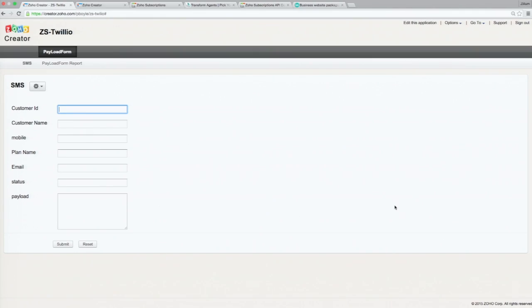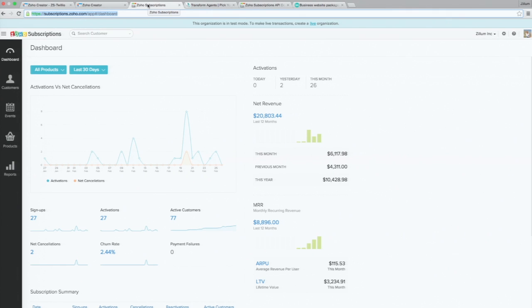So let's see some of the demos that I was referring to. Let me first start by taking you through the dashboard of Zoho Subscriptions. And it provides, as I said, a lot of the key health metrics of your subscription business. I know this is a little bit difficult to see this graph in particular, but don't fear. Really what we're showing here is daily activations of subscriptions and cancellations, a key metric that you want to keep